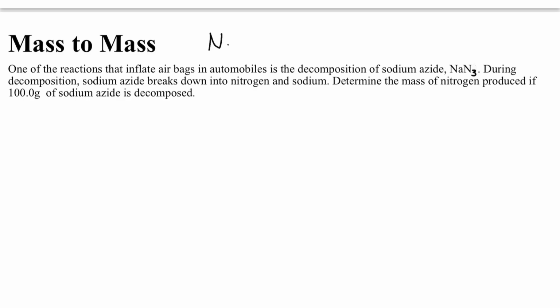So sodium azide, they gave us the formula, NaN3, and they tell us it's decomposing into sodium and nitrogen gas, which is diatomic. So then we just balance it. Balancing the equation allows us to determine the mole ratio between the elements, okay? So 2 moles of sodium azide will decompose into 2 moles of sodium and 3 moles of nitrogen, and that's